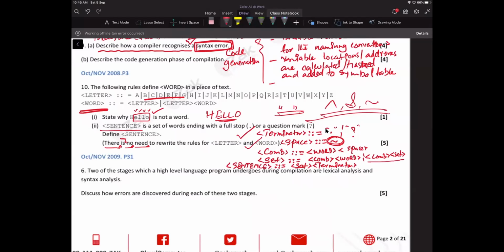But at the end of this, and at the end of any of the sentence, there is no space. So sentence is a set. Set might be a combination and word, or combination goes on. So if it is last, then it is a combination, means after last word, there would be just one terminator, and this will be terminated. So that is how you would have to actually address it. Okay, there might be changes to it, it's up to you. And there is always flexibility in such questions.